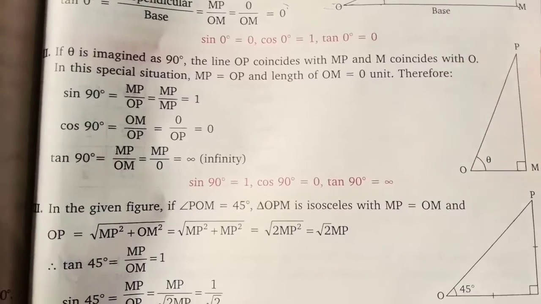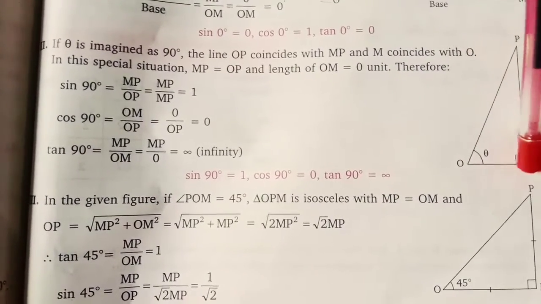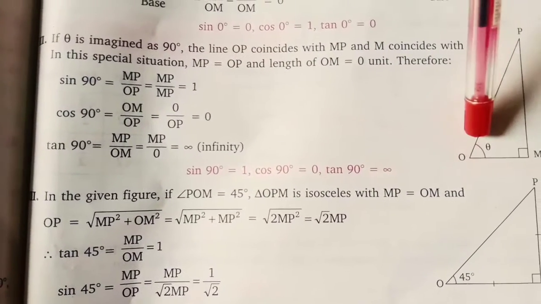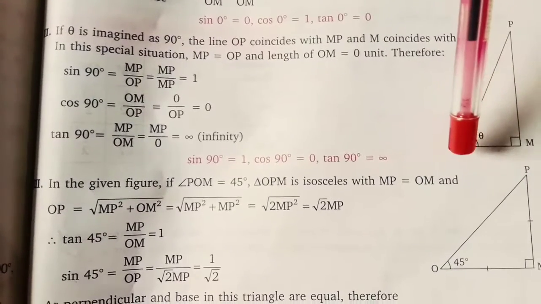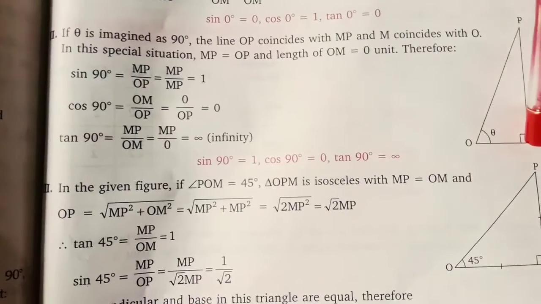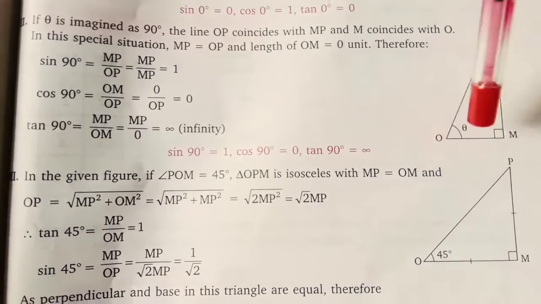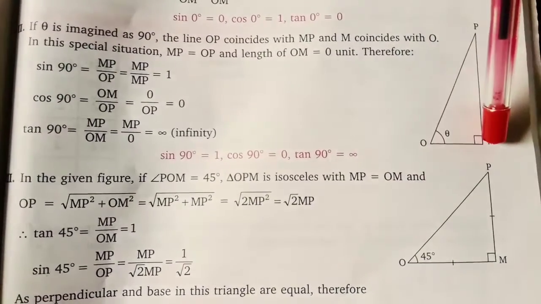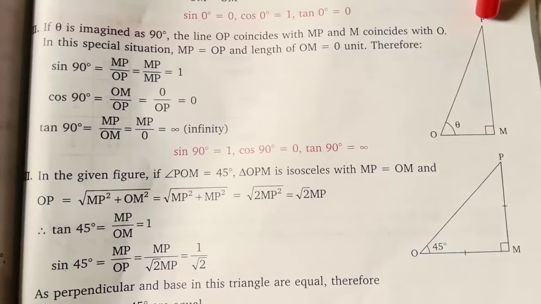So in this right angle triangle, P is perpendicular, that is PM. Base means here OM, hypotenuse means OP. If this angle is 90 degree, when this O will come to M, if O point will come towards M, this angle will be converted to 90 degree. In that case, base will be 0. For the angle theta being 90 degree, that means O and M will coincide with each other. That means theta 90 means PO is equal to PM. Is it clear or not?